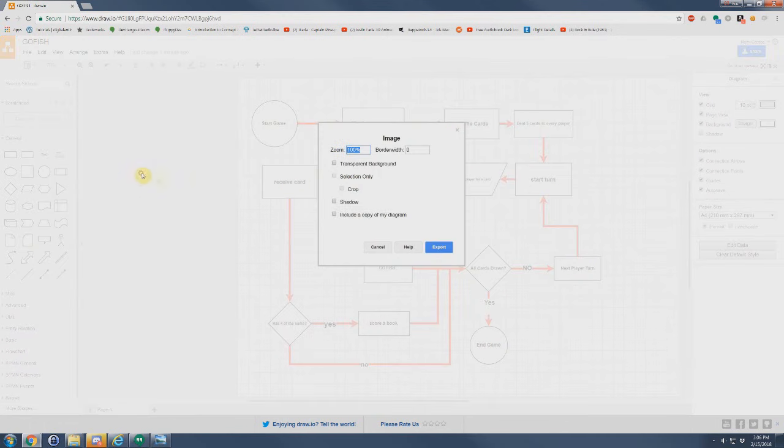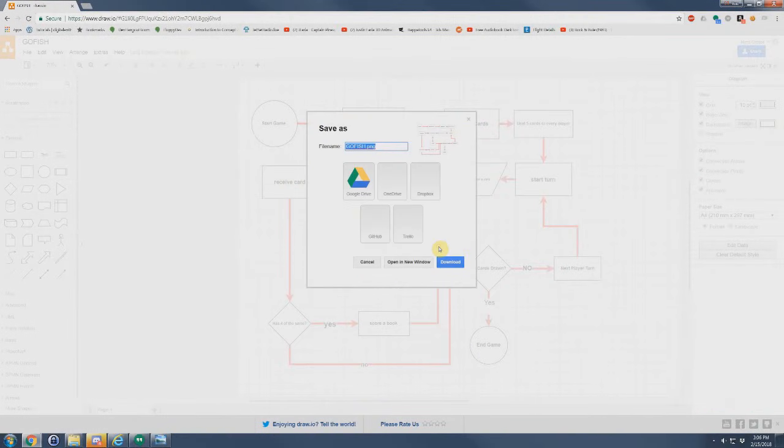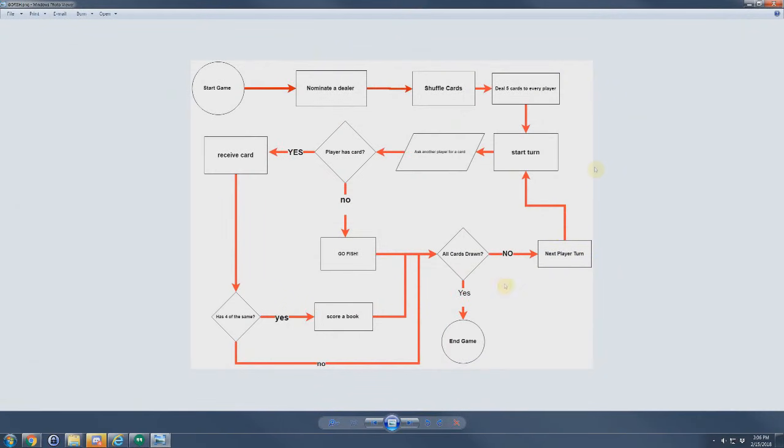In this case, I'm going to click PNG. There's some settings here. You can have a transparent background, selection only, and so on. I just suggest you leave it alone and just hit export. Now from here, it's going to ask you if you want to save this anywhere. You can save this or download it. In this case, I'm going to just click download. If I now click go fish, and my downloads right here, here is my flowchart, completely set up and ready to go. So that is how you create a